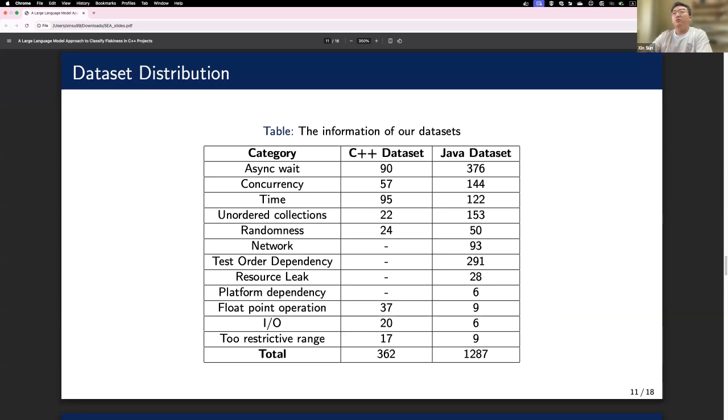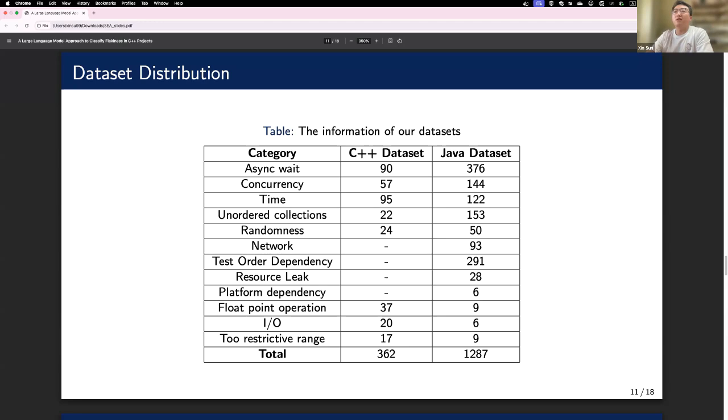Besides the C++ dataset, we also used the Java dataset from Flaky Cat to evaluate the performance of large language models on Java. So our final dataset contains 362 C++ flaky tests and 1287 Java flaky tests.